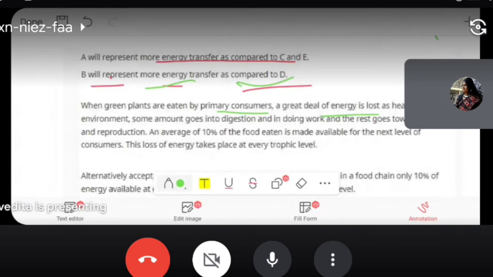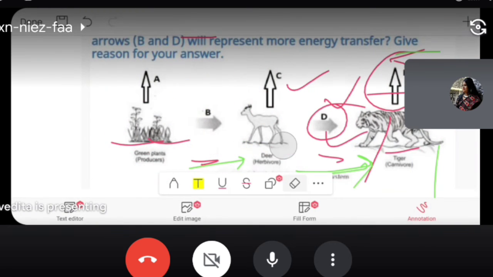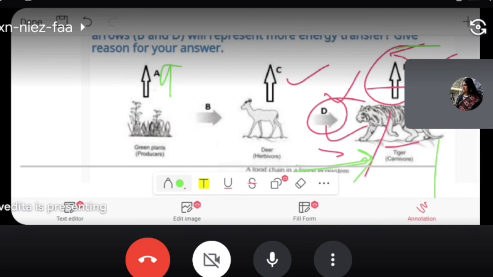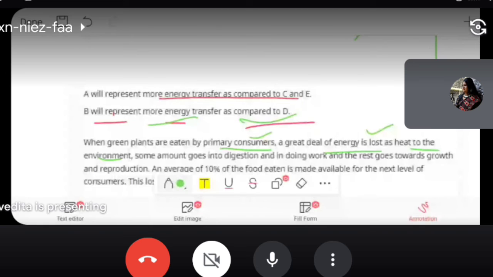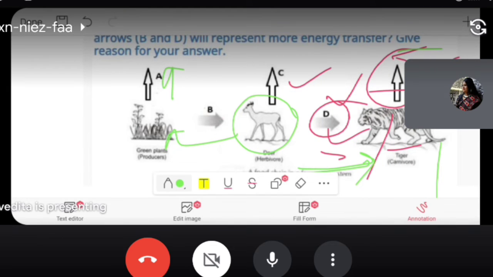So they are the autotrophs. So when green plants are eaten by primary consumers, means the deer is consuming the green plant, a great deal of energy is lost. A great amount of energy will be lost to the environment by the plant as heat, some amount goes into digestion and doing work, and the rest goes towards growth and reproduction. So it is saying that whenever any primary consumer is eating the producers,